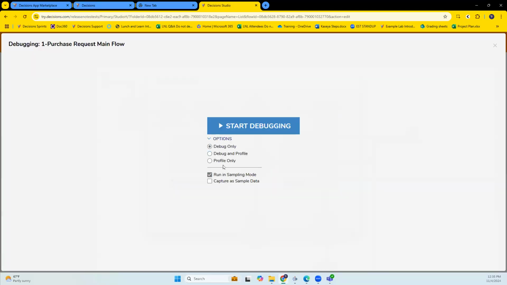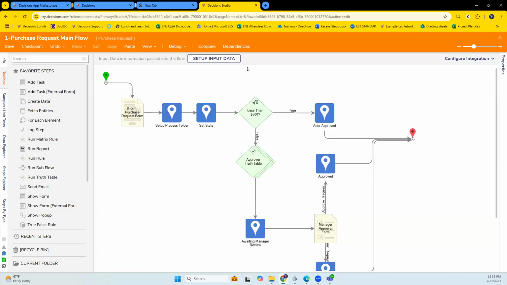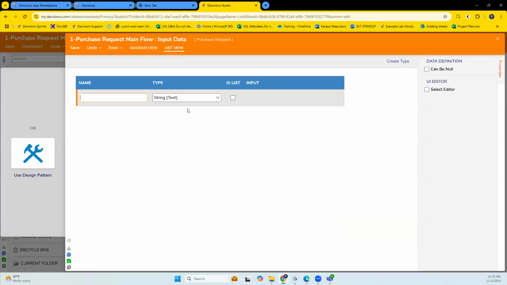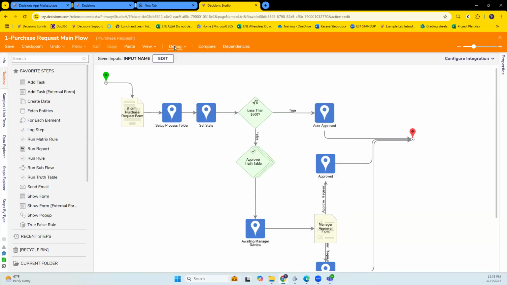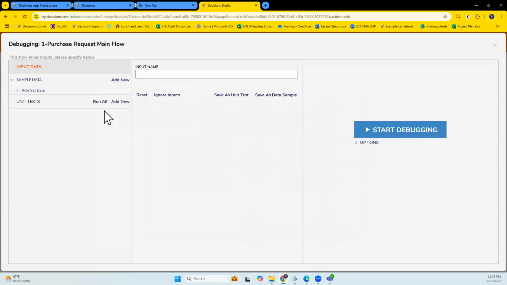You'll have to have input data. So as soon as I make this input data, because you have to have data to run through, that's the thing I was kind of drawing in that line before. Now that I debug, I have these unit tests, and you can add a new unit test